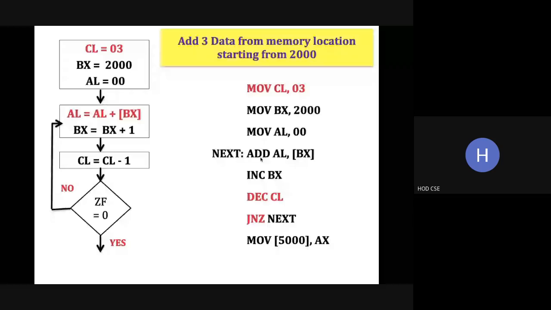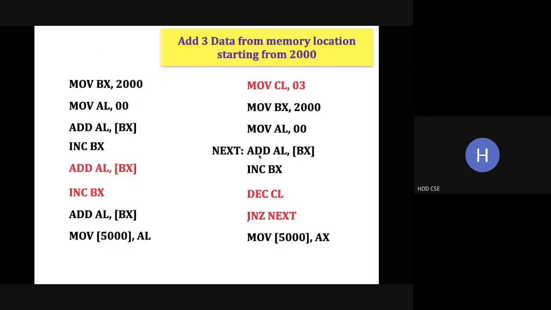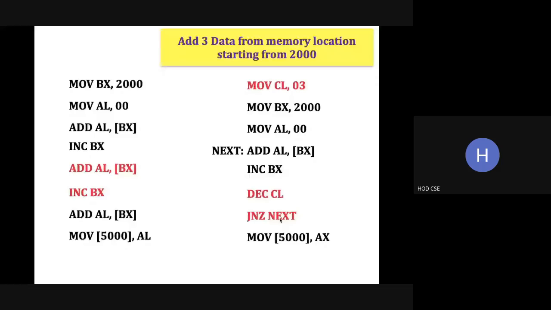The process to be repeated is getting the data from memory and adding it, and incrementing the memory location. Let's see the program here. This is the process repeated, add AL comma BX and increment BX. As we are going for n number of data, there is a slight change here. These 2 instructions are replaced by a counter. We have a counter value, then we decrement CL, and if it is not 0, we repeat this process. Hope you understand. Any answers in the chat box, please? Are you able to follow?